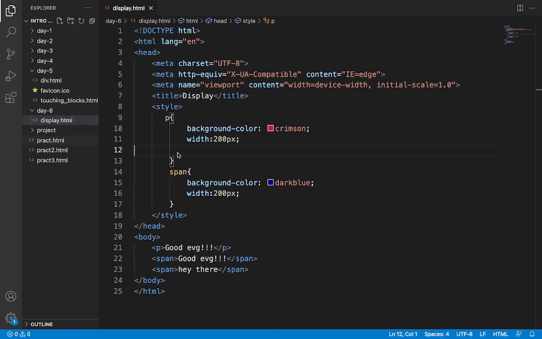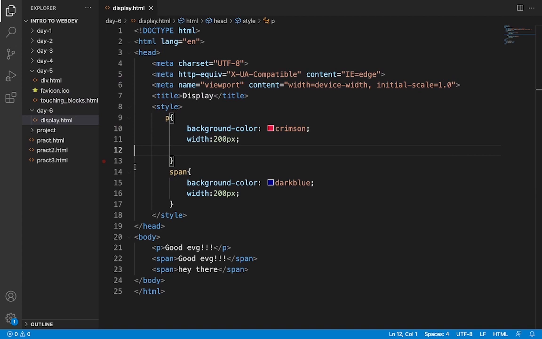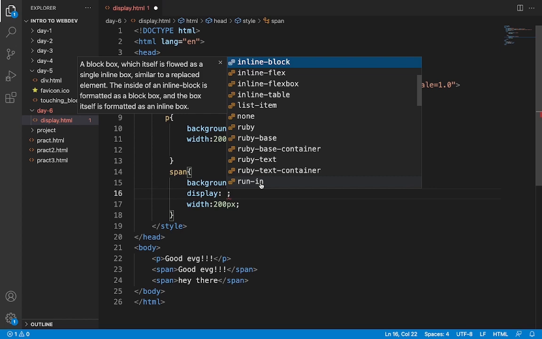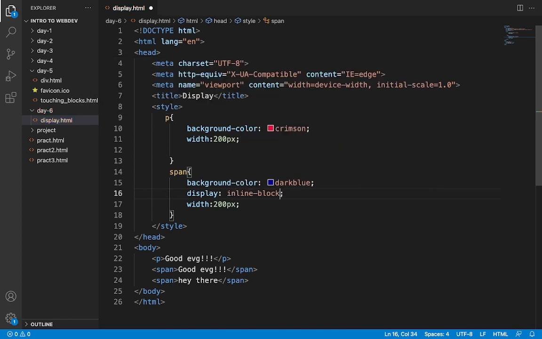But now if I wanted to incorporate the inline behavior in block type, then you can use a new display value known as inline-block. You can do this. Now you can see in span I'm unable to use the width options, right? I can do it by just changing its display property. Let's head over to display and make this inline-block. Now save this